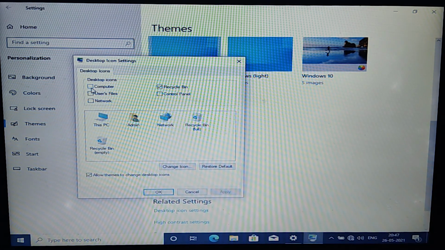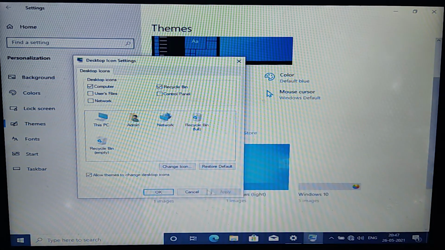Here we have to click on Computer, then apply, then OK.